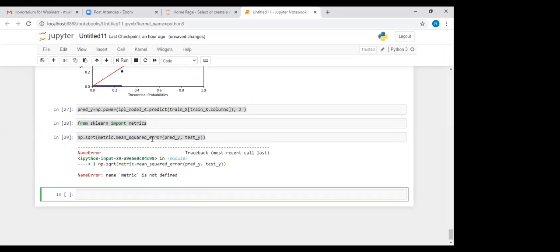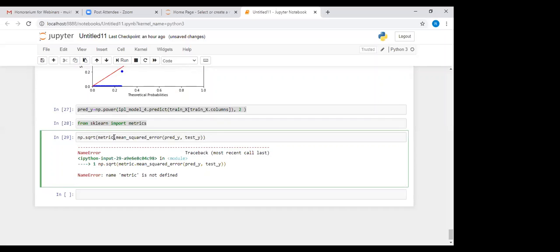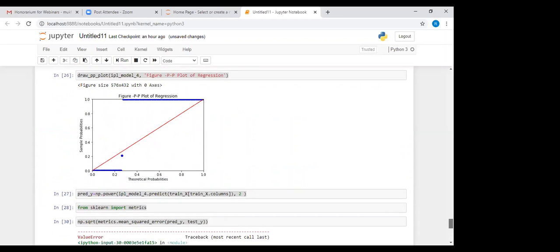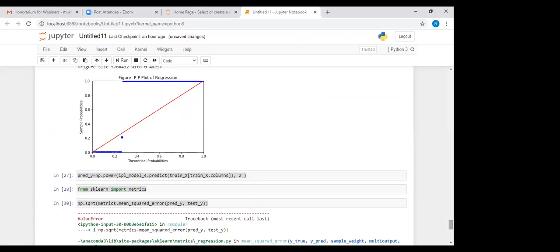Now let me see. It will be metrics, sorry, not metric. From sklearn import metrics, np square root, metrics.mean_squared_error, predicted y, test y.